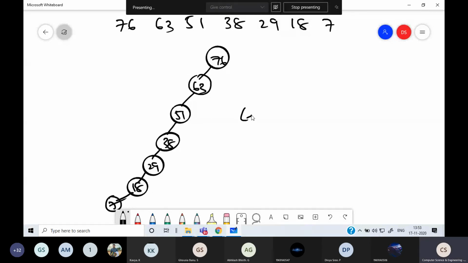This is a left skewed tree. In the left skewed tree also, the search time will be order of n. When the binary search tree is skewed, either left or right, the search time increases to order of n. Average case it should be order of log n, but sometimes it will be order of n, especially when the tree is skewed.